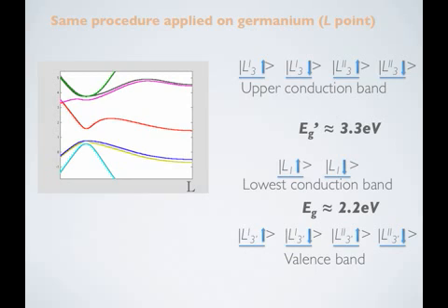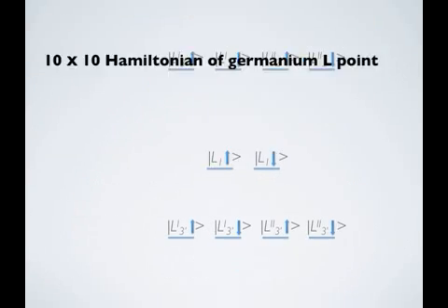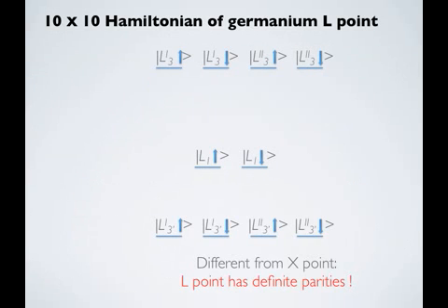Both L3 and L3 prime are two-fold degenerate, so together with the spin subspace, we can construct a 10 by 10 Hamiltonian, as we do with the 8 by 8 Hamiltonian for silicon. And this 10 by 10 Hamiltonian is also very concise and analytical. Here, I'm not going to follow the same procedure again. Instead, I'll just show you some of its major differences from the X point of silicon, and also the resulting